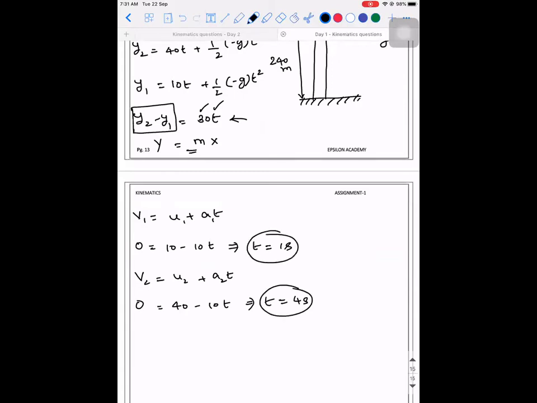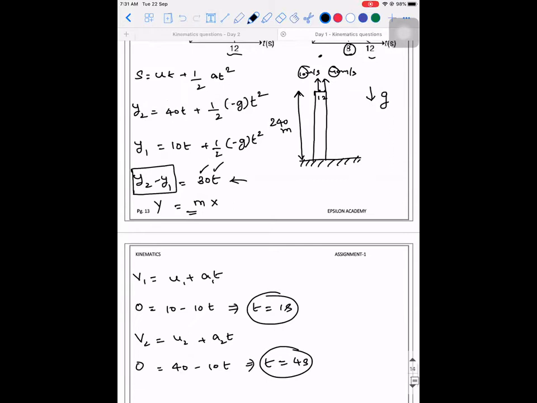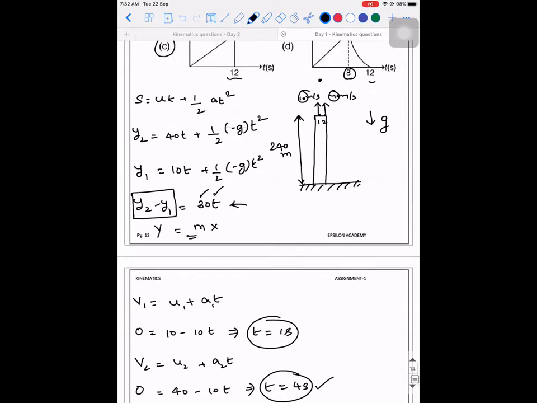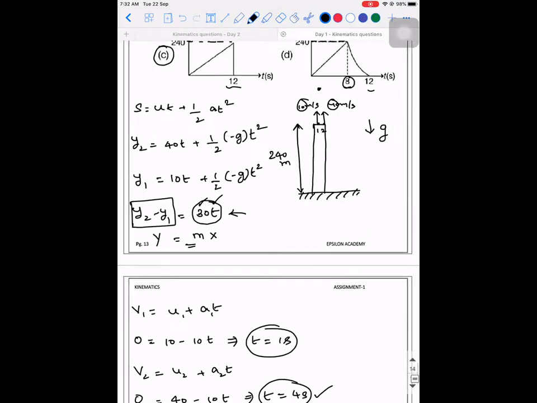Okay. You're able to understand this. So it is after 1 second, they have started traveling. The first object has started traveling in the downward direction. The second object has started traveling in the downward direction after how much time? After 4 seconds. Okay. So there was one particular instance, that is 8 seconds, where the relative displacement between the particles is exactly how much value?